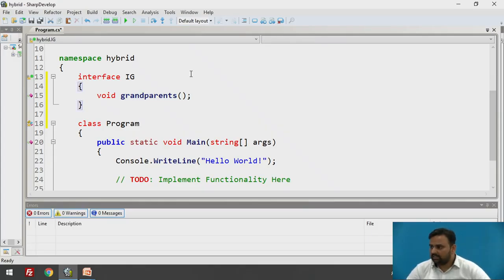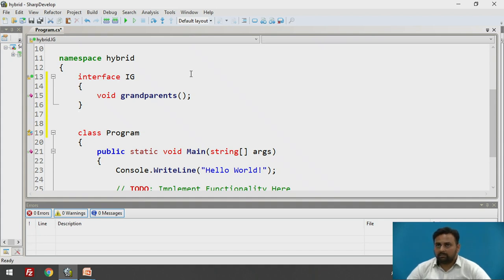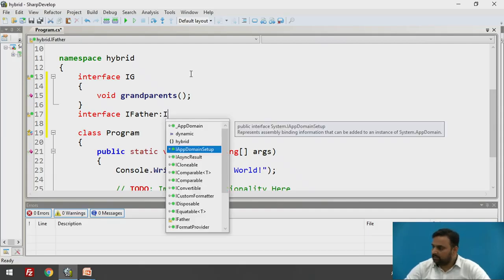This is the main base class, and afterwards we have seen that B and C are extracted from A. Likewise, we are going to implement that using interfaces obviously. So, interfaces mother and father are both extracted from grandparents. So, I will write, let us say, father. This is the second interface, and it is extracted from IG.